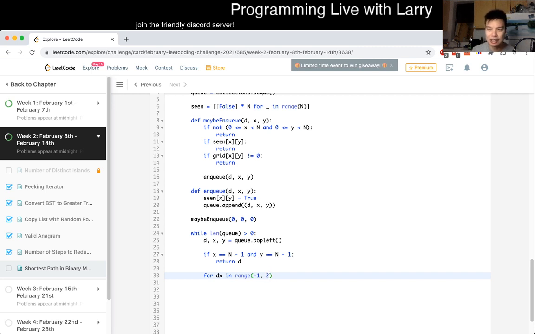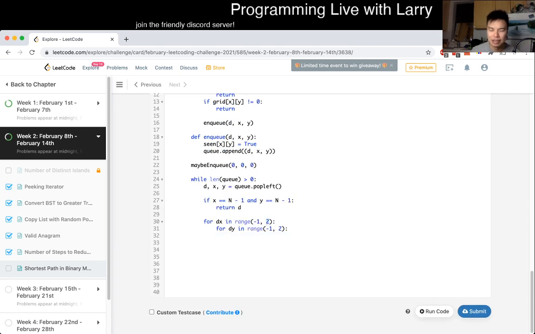So yeah, and then now we do for dx in range from -1 to 0 to 2. This is the thing that I like about other languages, is that you can have real for loops instead of for each loops, because this is exclusive, right? So this is actually just this plus 1, and this is going from -1 to 1 inclusive, but it looks very awkward here for sure. I agree. Yeah, dy,